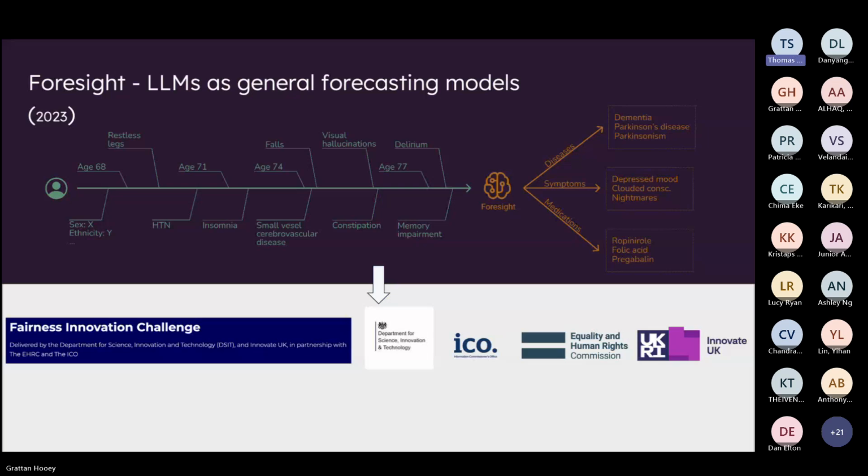And more recently, it's led us on to scale this model up to national level. We're working with NHS England, HDR UK, BHF Data Science, and AWS and Databricks in order to take that model, and we're now training it and have done the first round of training on 57 million people in the